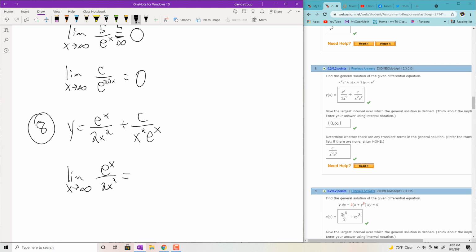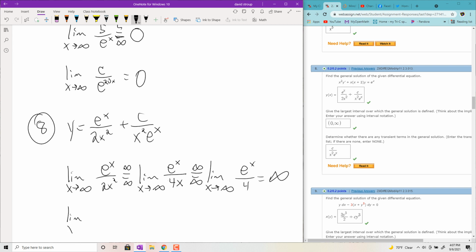So to evaluate this limit, you'd have to do L'Hopital's, because right now it's infinity over infinity form. So you would take the derivative of the top, that's e to the x, take the derivative of the bottom, that's 4x. That's still infinity over infinity, so you do L'Hopital's again. And you would just get e to the x over 4, which would shoot off to infinity. So it's getting bigger and bigger and bigger. It's not going to 0. It's not going to vanish. So therefore, it must be